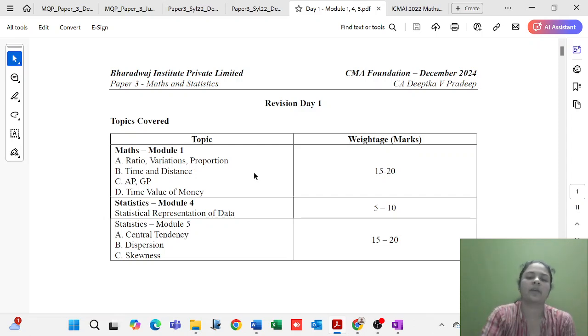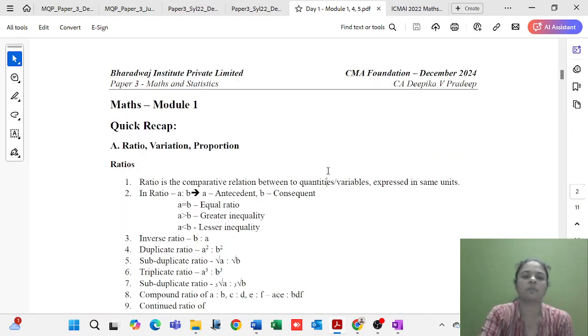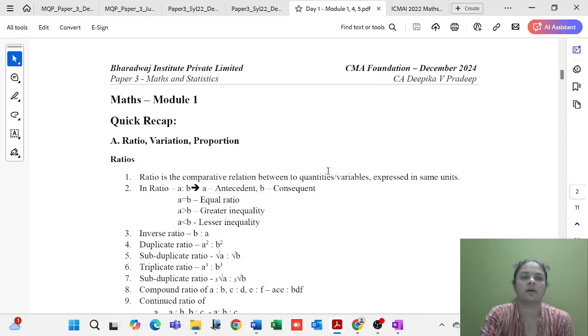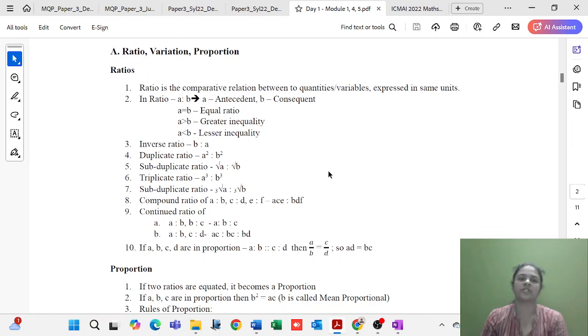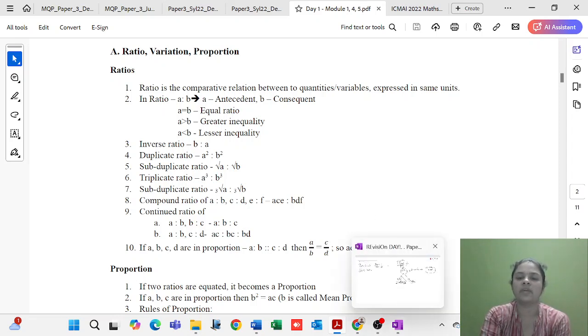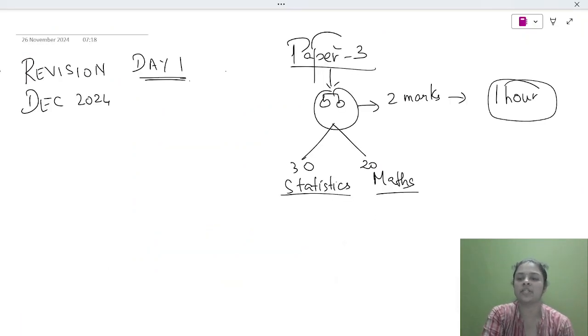Right? So we are going to start with the first module of mathematics and the first chapter in the first module: ratios, variations and proportion. So let's quickly recap what ratios are. Now when you look at a ratio, we will be representing ratio as,